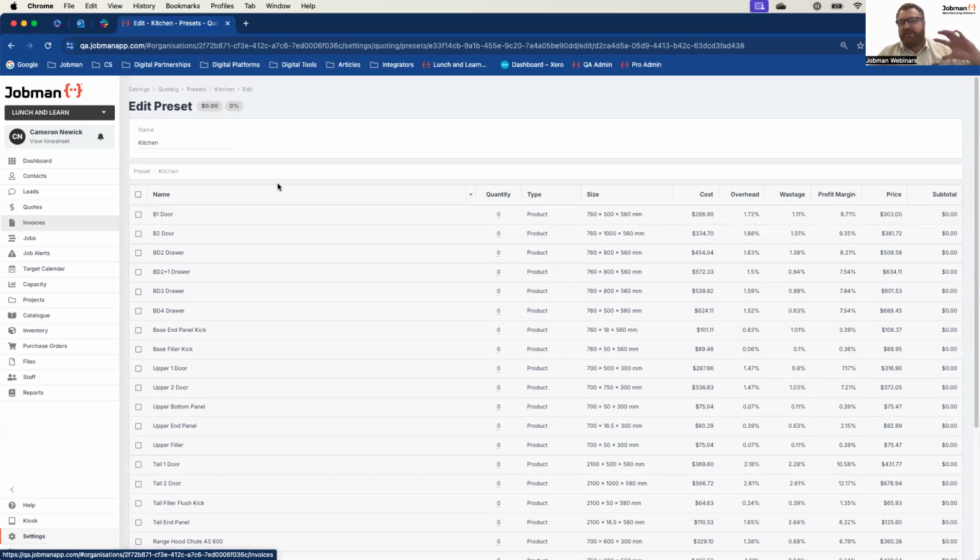You can use presets for any manufacturing business. Even if you do not feel that products are the way to go for you when using our software, I've seen thousands of companies utilize our presets to get the same result for fast quoting. Some phenomenal examples are we have some tiny home builders and some manufacturing companies that build like dongas, for example. We have companies that build solar panel arrays. We have companies that build mining equipment, and they use presets rather than products because every job is virtually a preconditioned list of materials and labor.